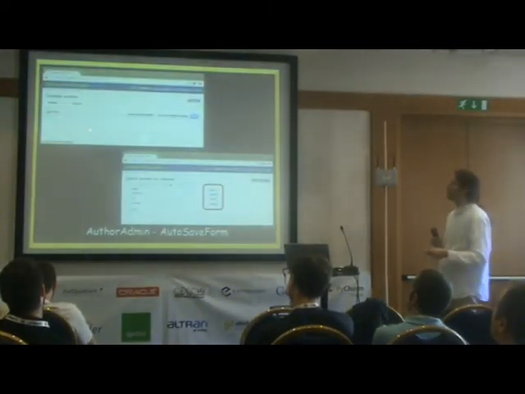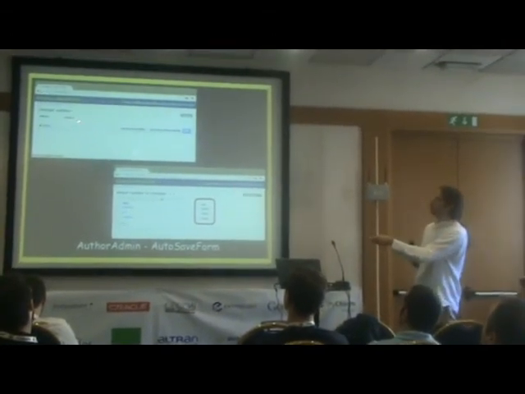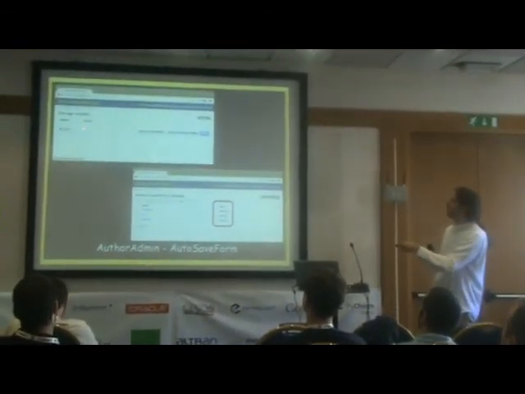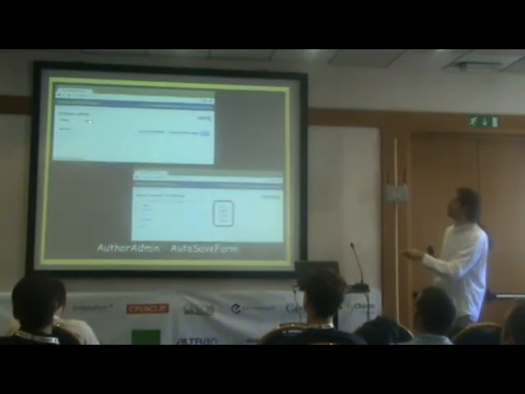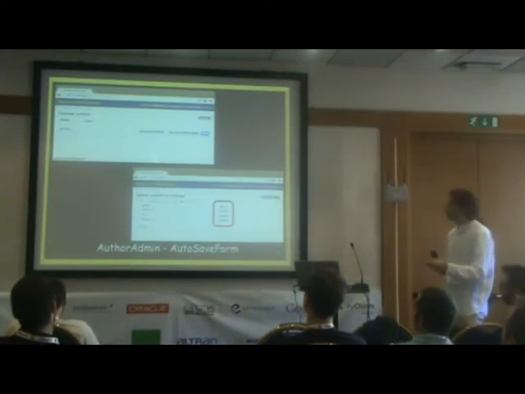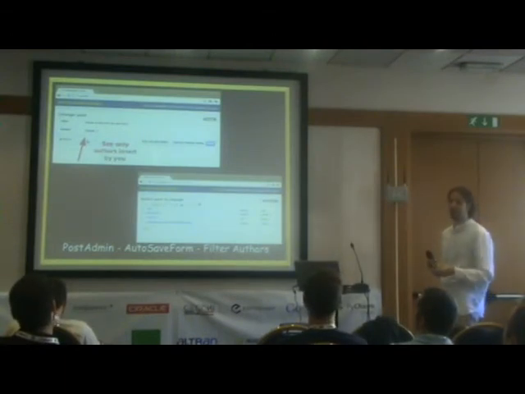This is the result. We have an author, and when we save the author, the user is automatically saved too. Also we see just our authors, never the authors of other people. And in the post sample, the select shows just your authors and not all the authors inside the database.